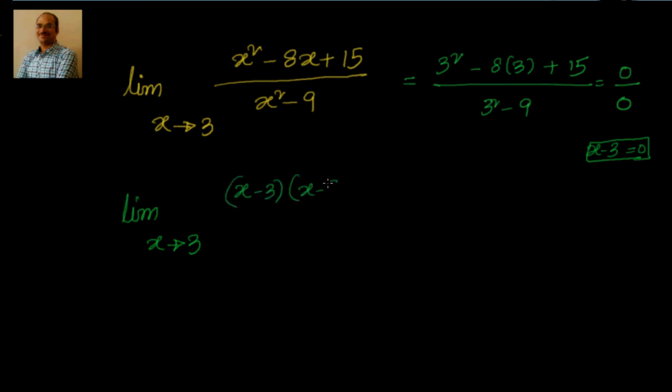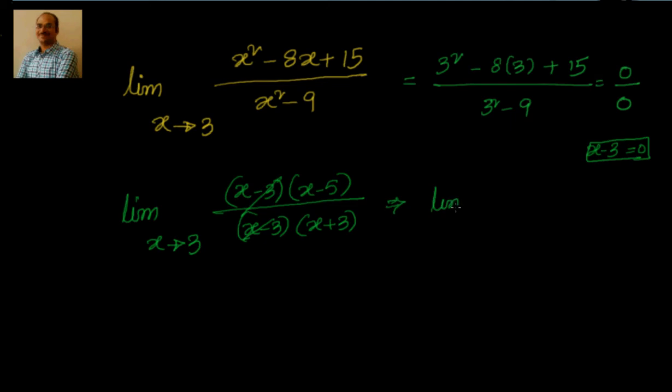By this time you should be very much familiar with how you can do the factors. Similarly, this is a square minus b square format, so I can write it as a minus b into a plus b. Now you can see this is what we are interested in. We want to cancel this out because this term x minus 3, that particular expression, is causing this whole function to be 0 by 0. So I will just cancel it out.